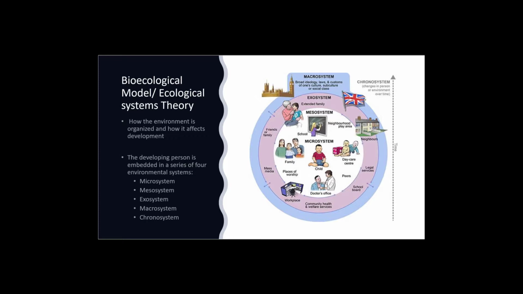of these systems. So we have these microsystems, kind of typical things that we understand: family dynamics, interactions, what the child is actually interacting with in their daily life, especially when they're young. But look how far we can go out. Macrosystems: broad ideologies, laws, customs of one's culture, subcultures, social classes, impacting development. And we understand that at a conceptual level, that the country you live in impacts your development. And Bronfenbrenner pointed that out.